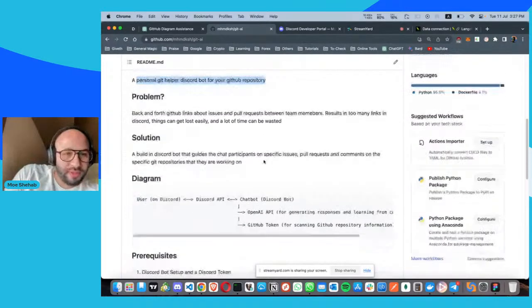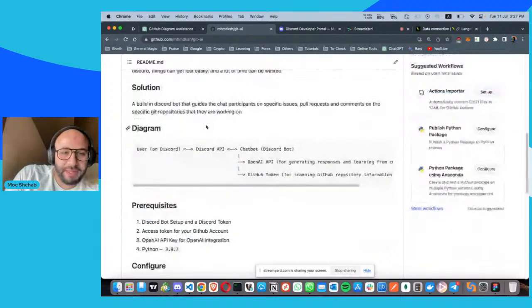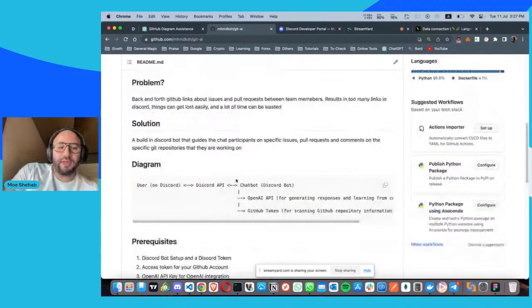And what I did was a small bot that can have access